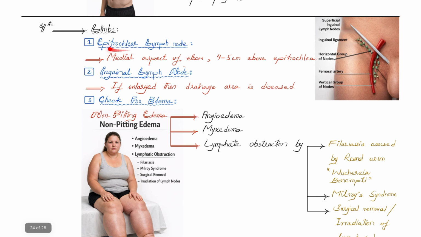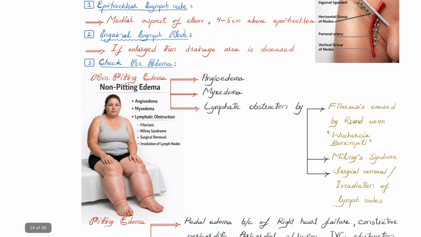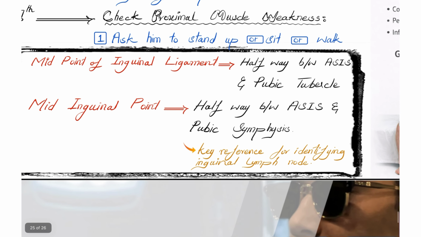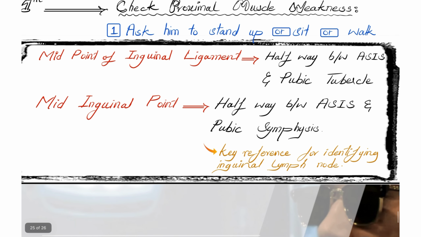Palpate the epitrochlear lymph nodes, which are found on the medial aspect of the elbow 4 to 5 cm above the epicondyle. And then palpate inguinal lymph nodes. And if you find that the inguinal lymph nodes are enlarged, then it is because of disease in their drainage areas. I think it's very important for any doctor or medical student to know how to locate the inguinal